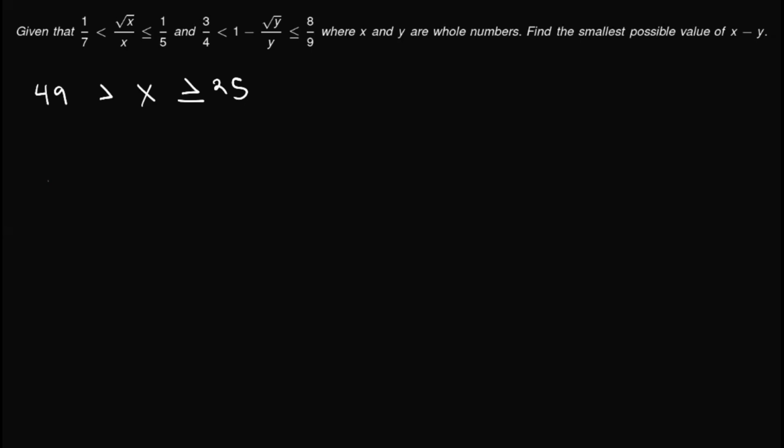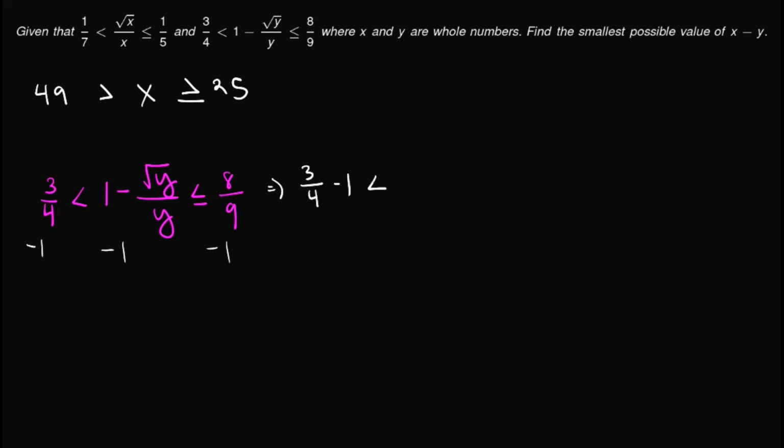So we have 3 over 4 is less than 1 minus square root of y all over y is less than or equal to 8 over 9. For this one, the first thing that I would do is I would add negative 1, or rather subtract 1 in all of this one out here. So we will have 3 over 4 minus 1 less than negative square root of y over y less than or equal to 8 over 9